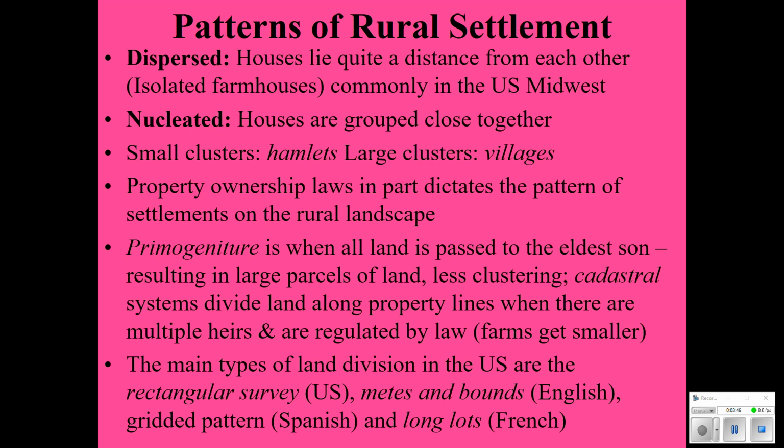The French, because of their unique physical geography with the rivers, especially the Mississippi, and even if you go up into Quebec, you find the St. Lawrence River, this phenomenon of what we call long lots, where the property ownership went from the river back, and you get these really narrow strips of land so that the farmers would have a way to transport their produce to the market by floating it down the river.